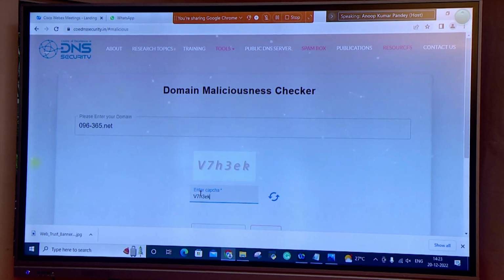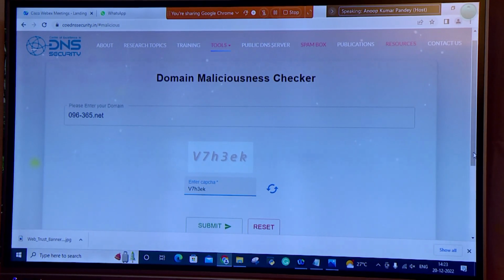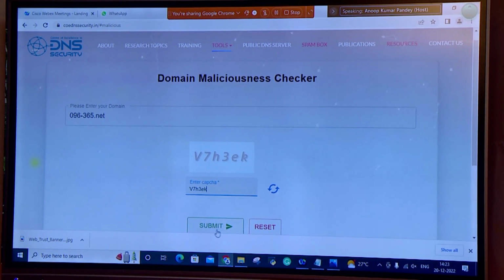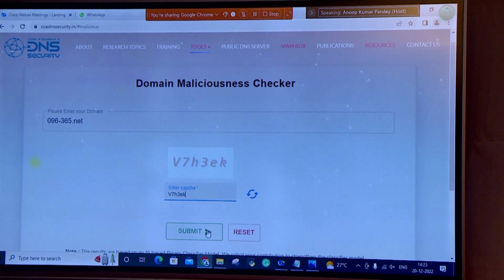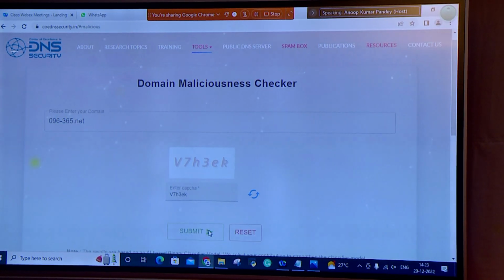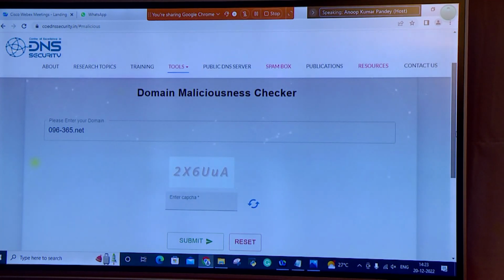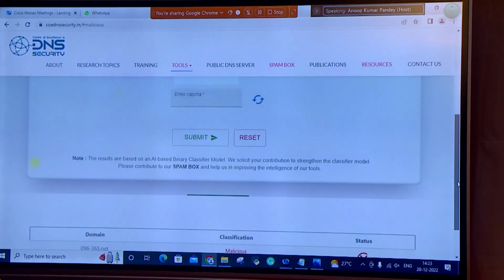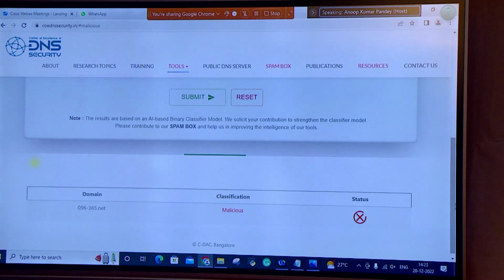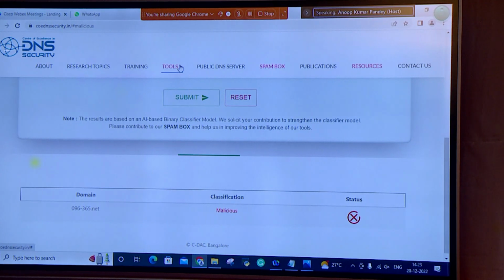Actually this is basically an AI-based tool where we routinely scan millions of records, and we find out more than 60 plus attributes of a given domain and find out whether the given domain is malicious or not. Of course this is an AI-based tool, so there is a background AI engine running to find out whether a given domain is valid or not. So this is the result of it. This is a malicious domain which we have tested. Similarly, you can put in whatever queries or requests are coming.